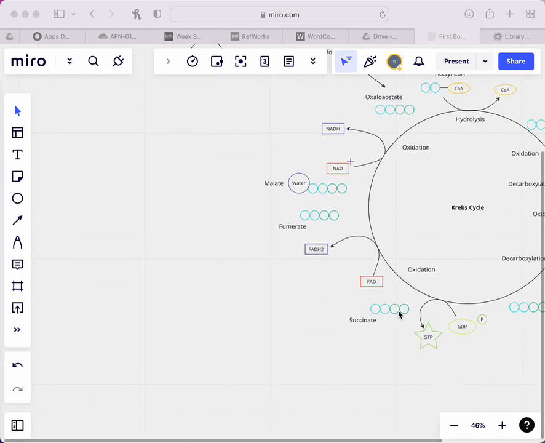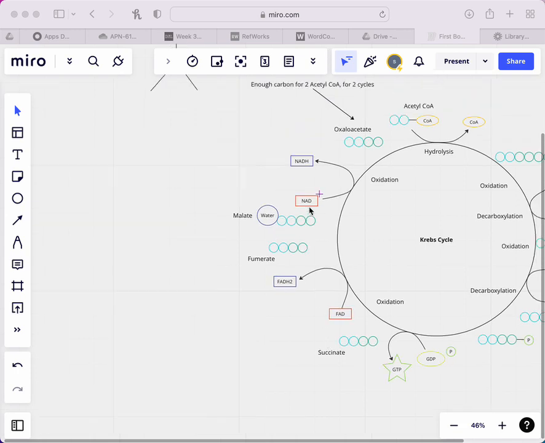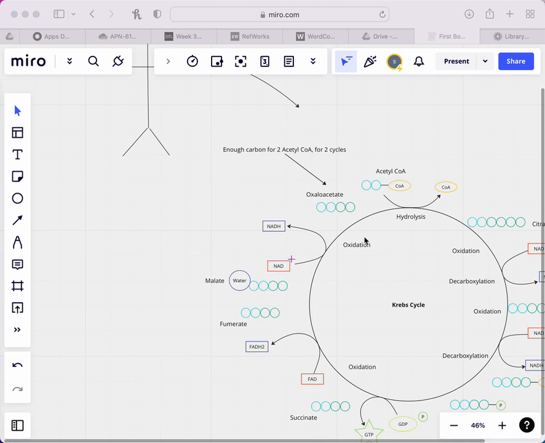From here, we have a 4-carbon molecule called succinate, and after another oxidation reaction and a transfer of electrons from FAD to FADH2, we'll end up with a 4-carbon molecule called fumarate. Fumarate is then going to gain a water molecule and form a compound called malate, which again is still 4 carbons. And then entering that last transfer of electrons from NAD+ to NADH, in that final oxidation, we'll